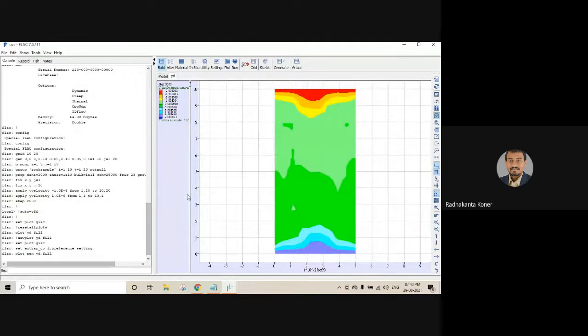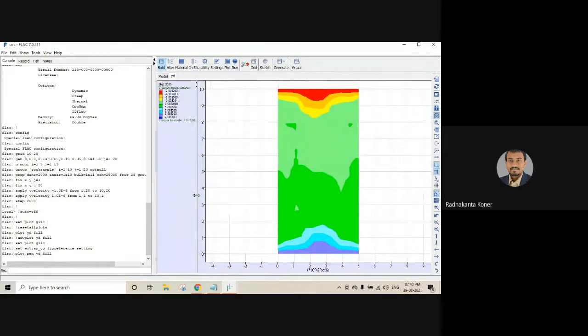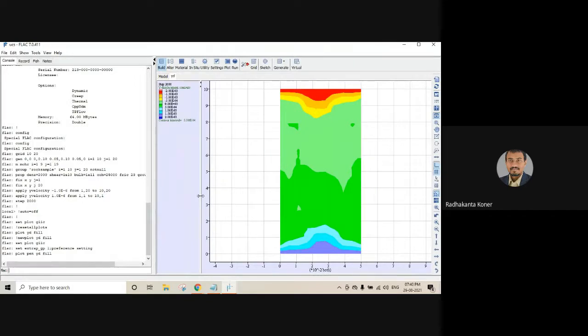Yeah, it's a beautiful plot. You see, the upper platen and the bottom platen are being pressed in opposite directions. Both are in opposite directions. So there is a homogeneity of the contour of the deformation on the upper side as well as the lower side, because the material we have considered is more or less homogeneous. That is why the deformation pattern is also showing a homogeneous one.